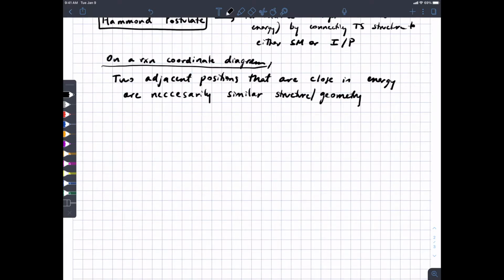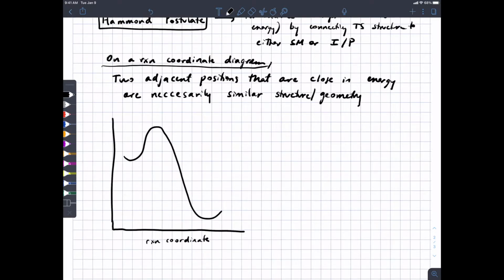Okay, and the rationale for that is on a reaction coordinate energy diagram, on the x-axis we have what's called the reaction coordinate, but really this is some geometric change that correlates with the progress of the reaction. So if I have an energy diagram that looks like this, starting materials, transition state, and products,